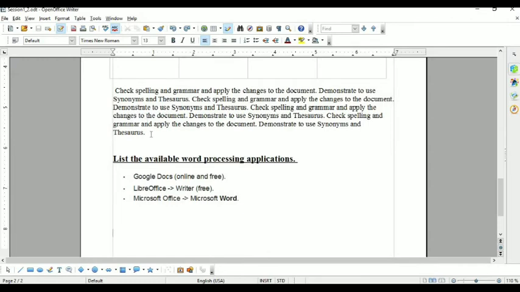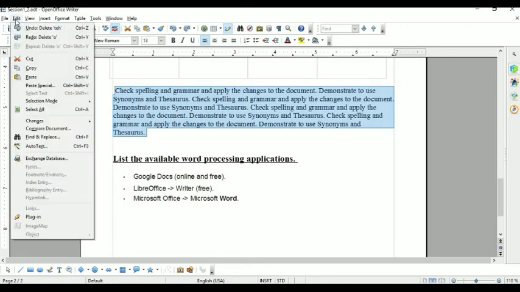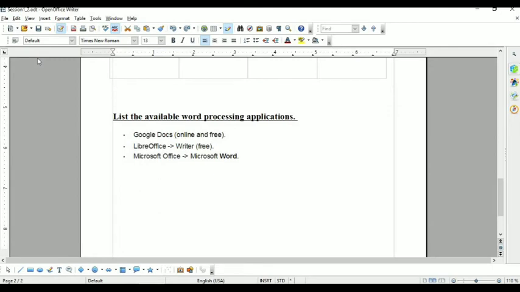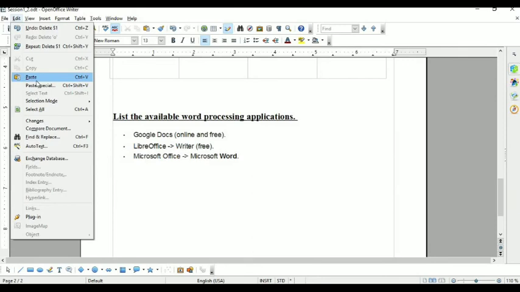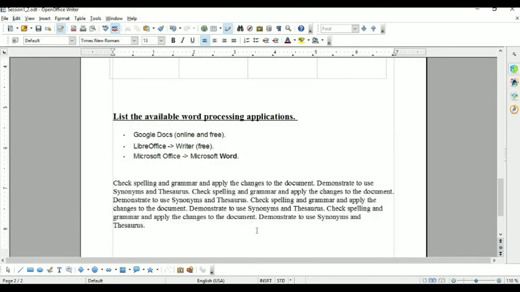So before starting with this, first you have to select this whole paragraph, and then click on edit. Here is the cut option. Once you select the cut option, this paragraph is cut, and then place your cursor in the new location where you want to paste it. Go to the edit menu and then paste it. Now this is the move and paste.